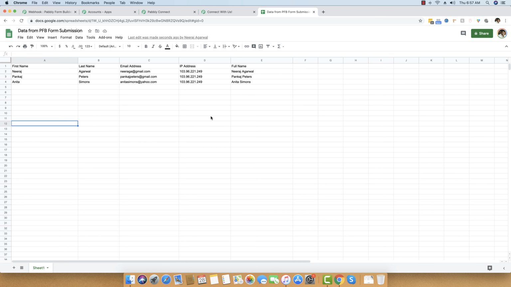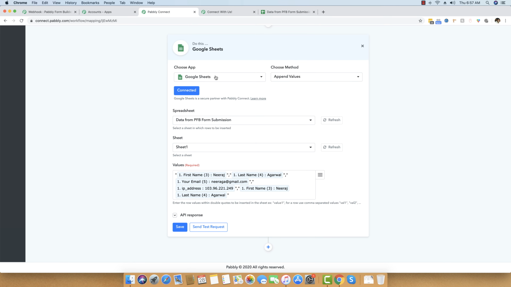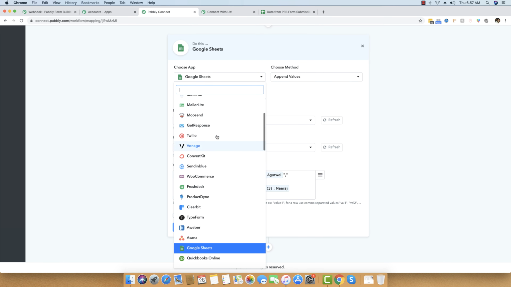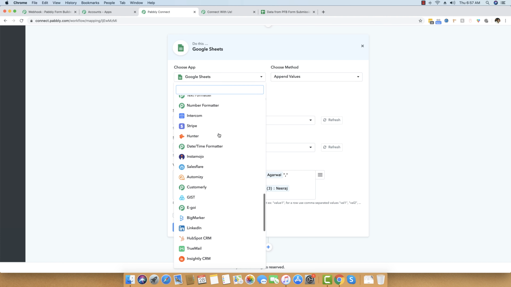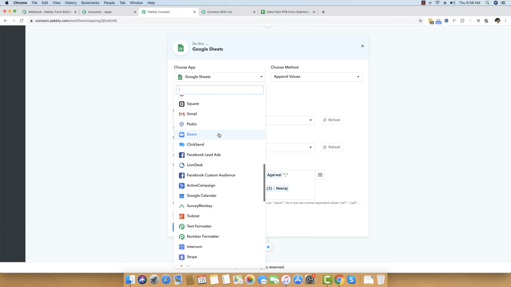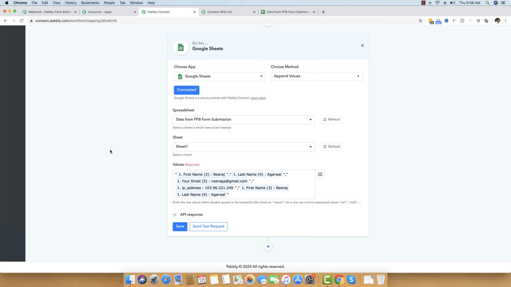Now webhook is an amazing concept. It is not just the Pabbly Form Builder software that you can integrate it with. You can basically integrate any application that supports and gives out webhook from its end, and you can basically do any kind of integration at your end. Okay, so it is not just the Google Sheet to which you can send the data. You can send data to hundreds and thousands of applications. We are actually adding lot of application. Currently we have about 200 plus applications, but we will be adding more soon. So you can send data to lots of applications right here.